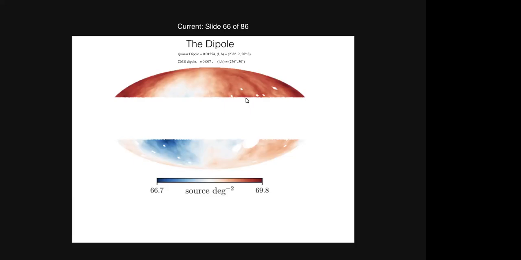So the question is whether, when we are running our simulations to establish the significance of this result, we are taking into account the foreground effects, and I think by foreground effects you mean the galactic cut and the masks. Yes, sure. We are making a mock catalog of the WISE data, and we put the same mask, the same flux cut, the same galactic plane cut. So it's basically mimicking the real data.